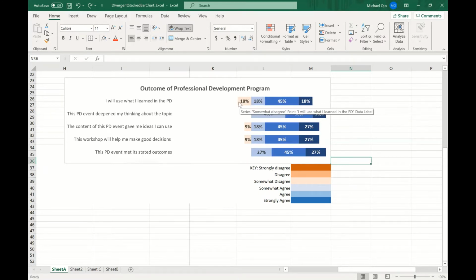And if participants selected disagree or strongly disagree, this orange color too would change from light orange to a very dark orange that you see here. So to develop this graph, let's get started with the analysis.